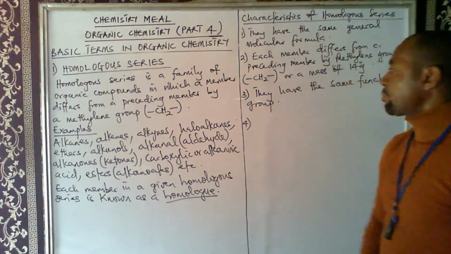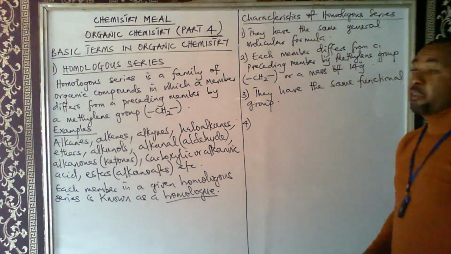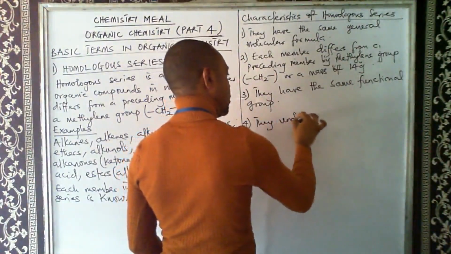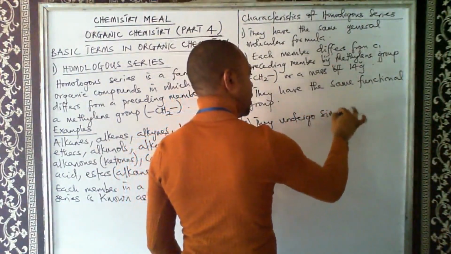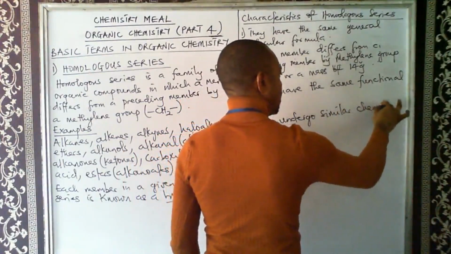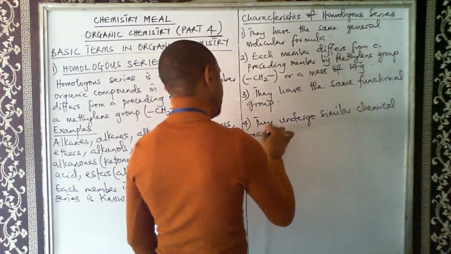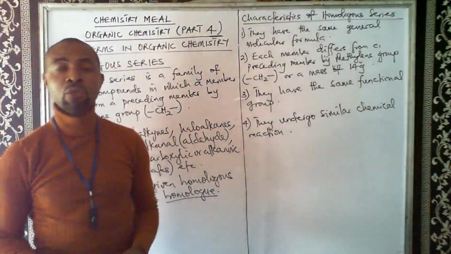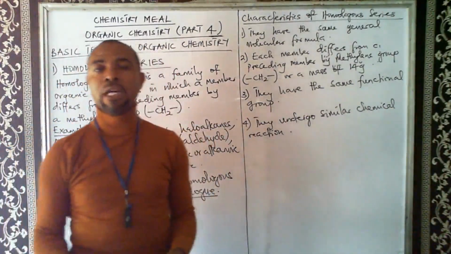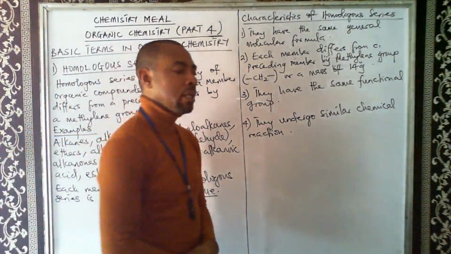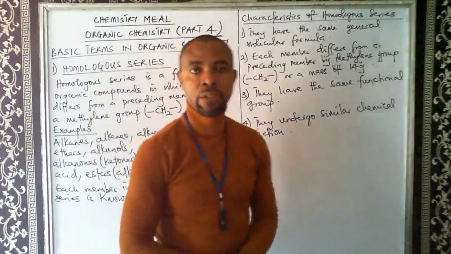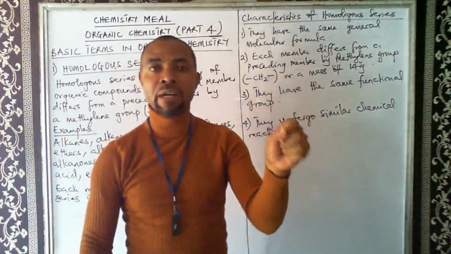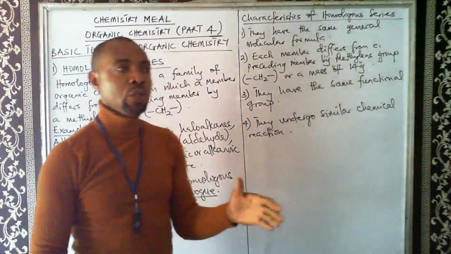So, number 4. They undergo similar chemical reactions. So the members in a given homologous series will usually undergo similar chemical reactions. Yes, the members. So if you are considering a particular reaction in a given homologous series, let's take, for example,